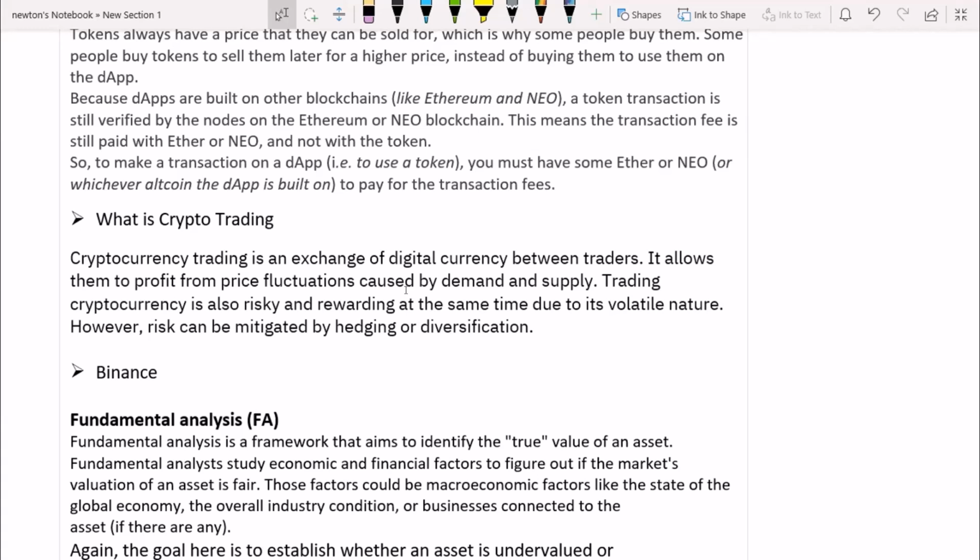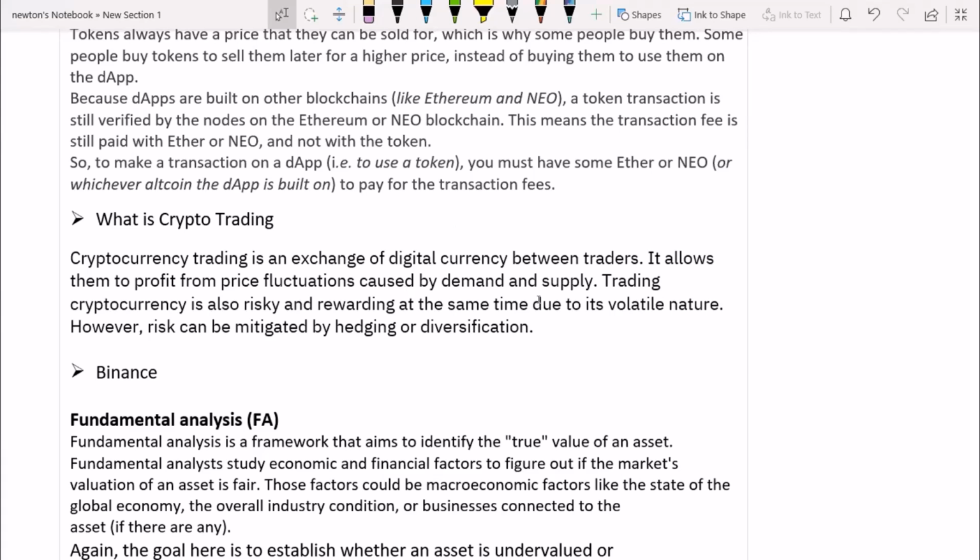And we have diversity. We have several ways in which we can carry out this trading, so in the course of our lecture, we'll get to find out about that. You should also bear in mind that cryptocurrency comes with risk and at the same time reward. It's very risky, and at the same time it's very rewarding. It depends on your approach and how knowledgeable you are in the system. That would guarantee your success in the cryptocurrency sector.